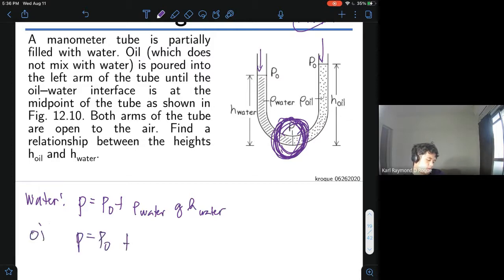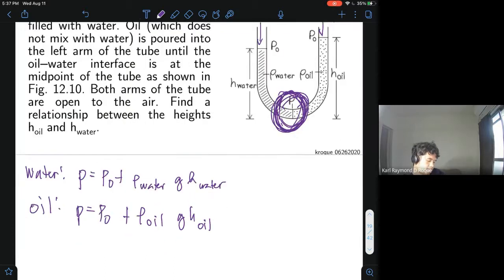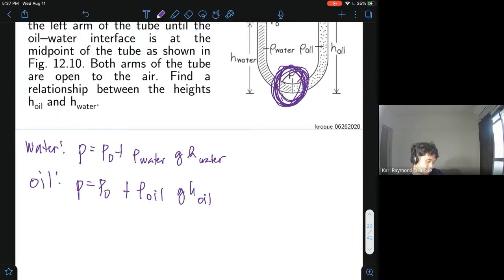For oil, plus rho oil GH oil. Tapos, kunin natin yung height ng oil. Kasi, ano lang, solve the equation. Basically, pag sinolve natin yung system,